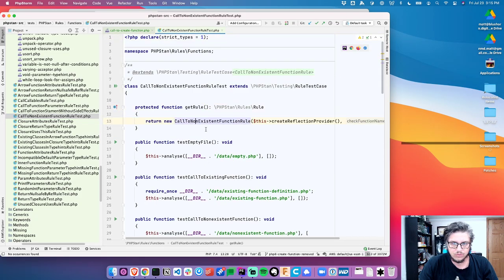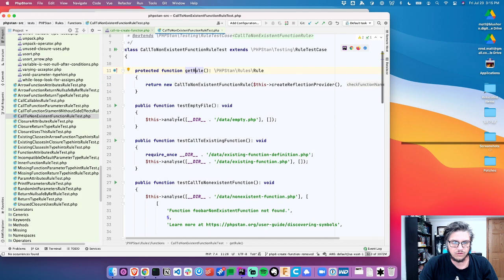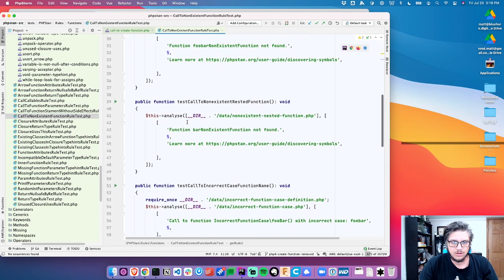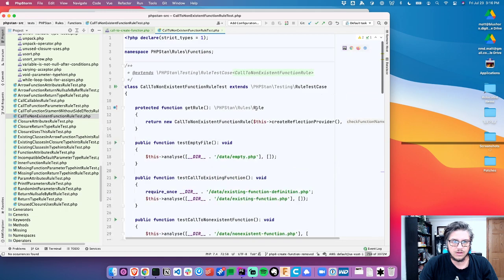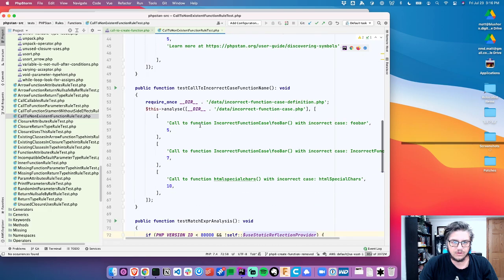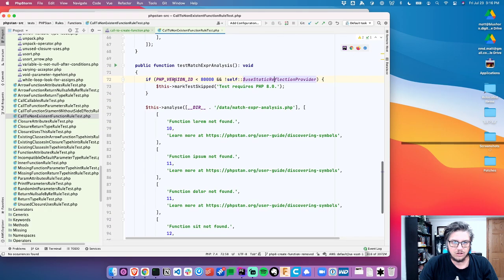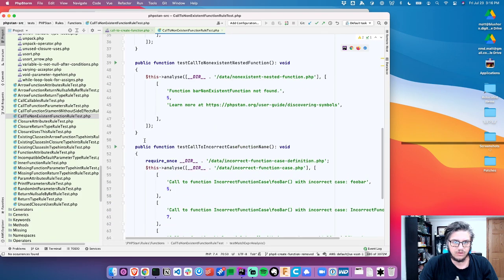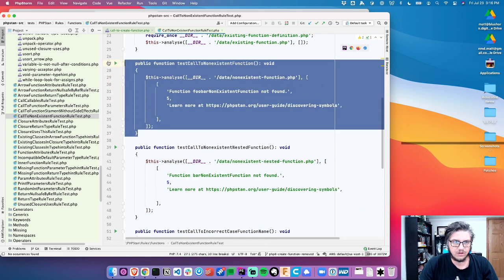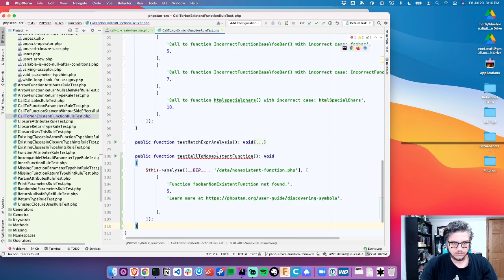Let's see this test rule. Protected function test empty file. Non-existent nested function. So let's go ahead and match expressions. Call the incorrect case name. Where's an easy one? Call the non-existent function. All right, let's call this. Let's do call to create function. And